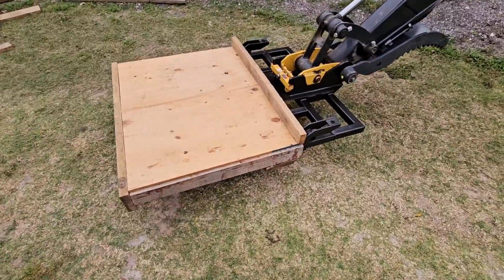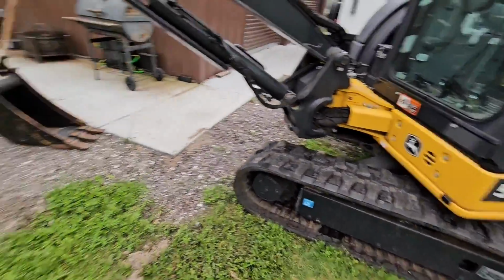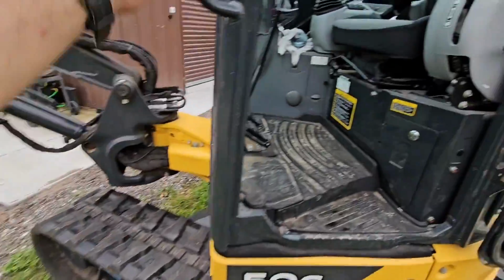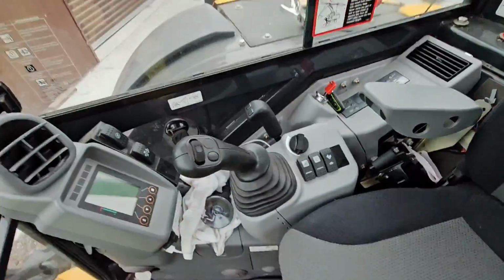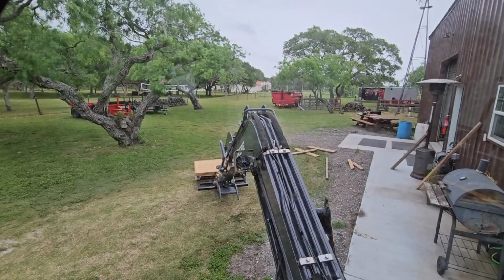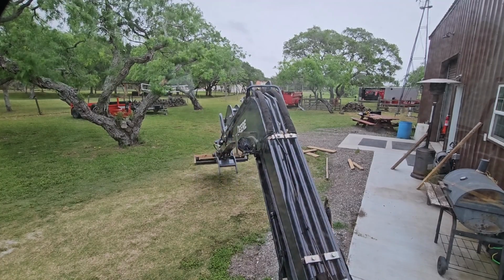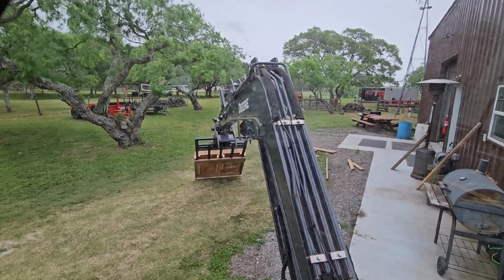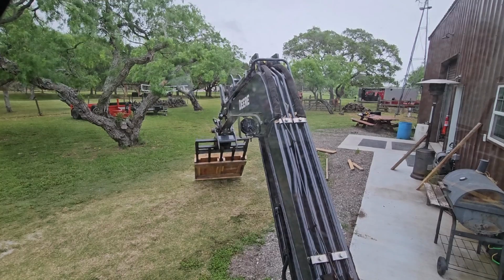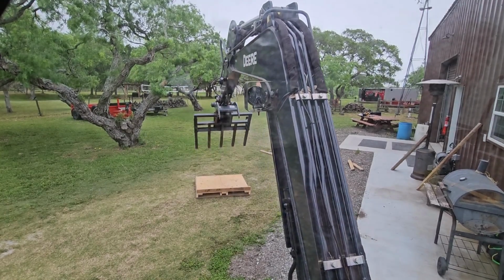And what I did before I started recording was to do something I should probably do right now, to take it off and show you how easy it is to put back on. So let's go ahead and do that. Okay. So all I do to take it off is I tilt the forks down like this. Let it drop, and to put it back on,